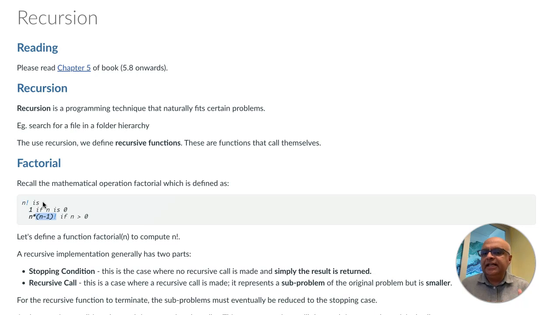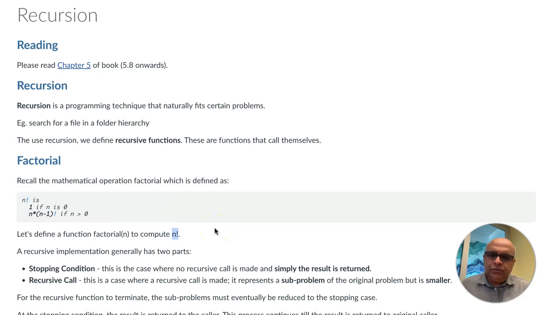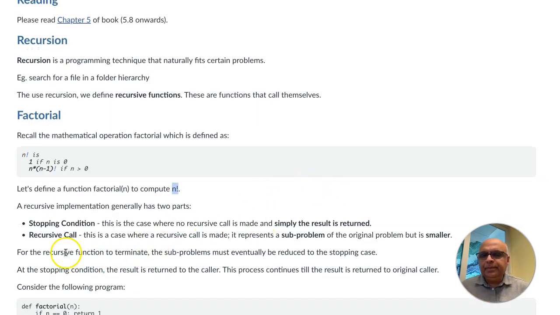So let's write this in Python code. Let's imagine we are implementing a function called factorial, and it's taking a parameter n. The job of the function is to compute n factorial. So a recursive implementation, when you write it, will have two parts. There will be the stopping condition. This is the case where no recursive calls are being made, but something is simply getting returned. So in the case here, it is this case right here, where if n is 0, then you just return